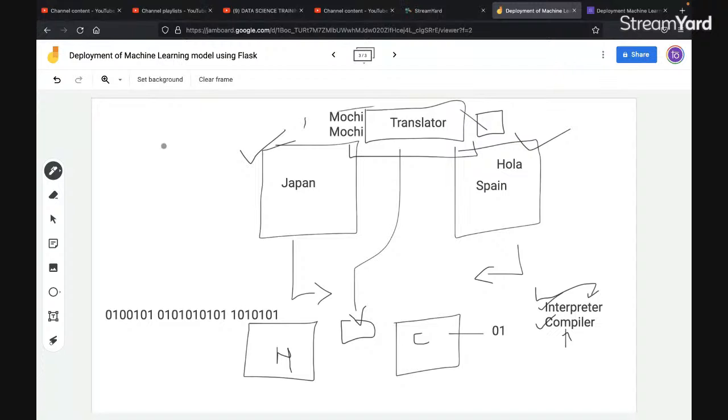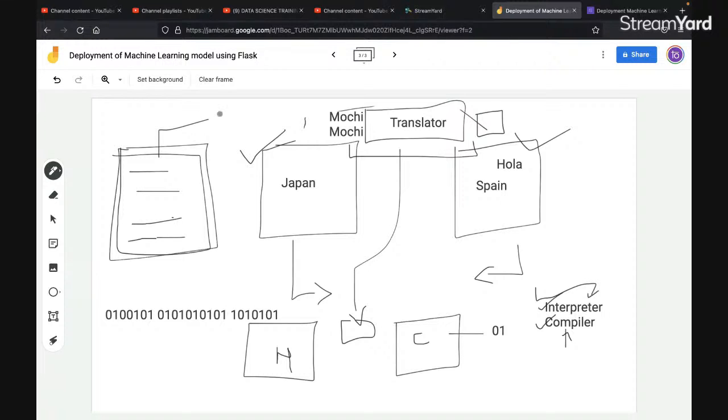For example, let's say you have written four lines of code. How exactly does the compiler see it? The compiler takes the entire piece of code and converts it into machine code.